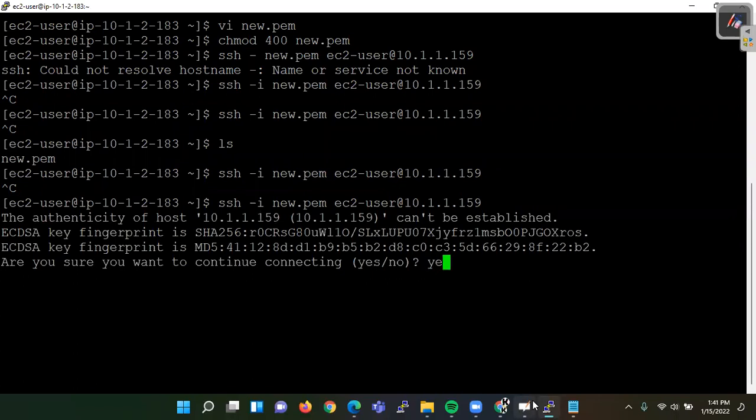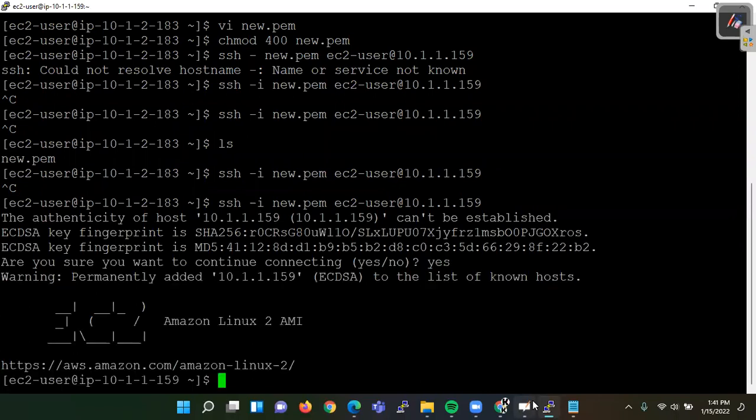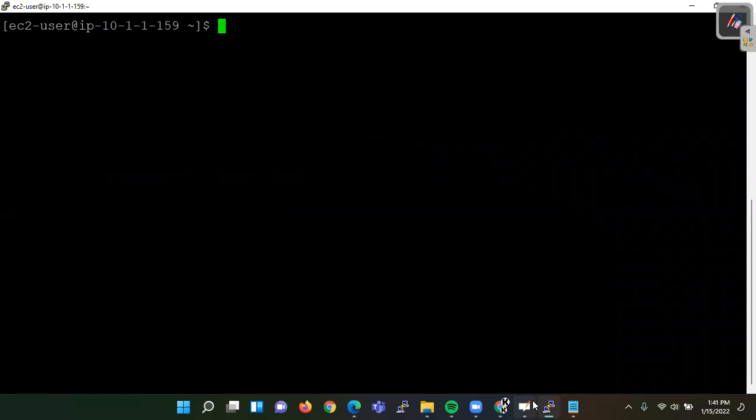Connected. Okay, by mistake SSH was not selected. Okay, so that's why it was showing error. Okay, so this is our private server.